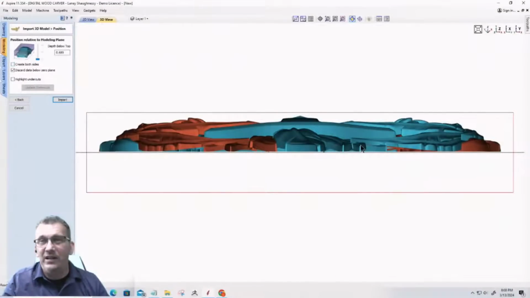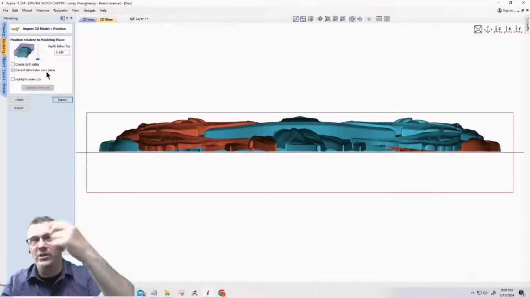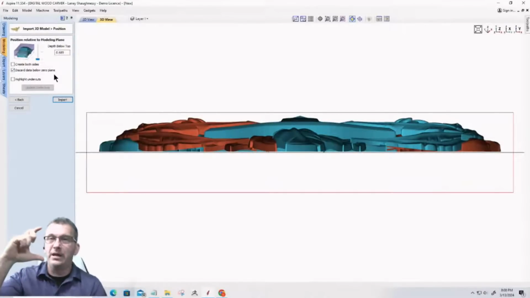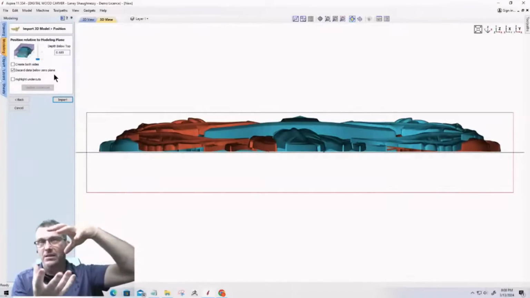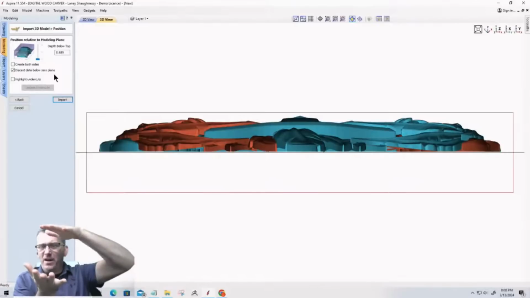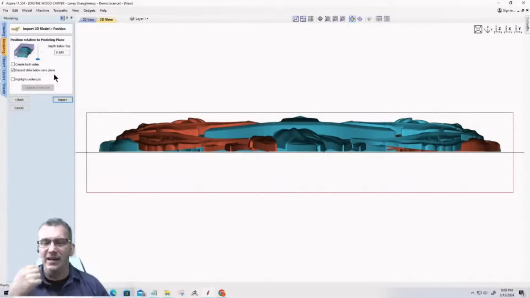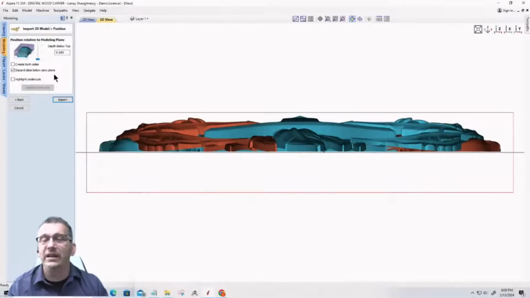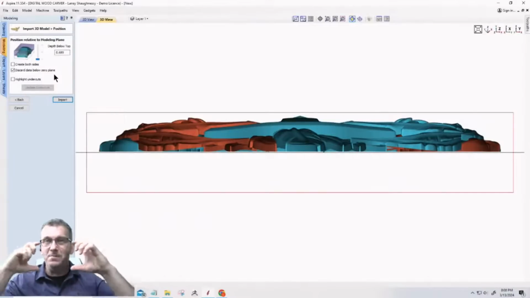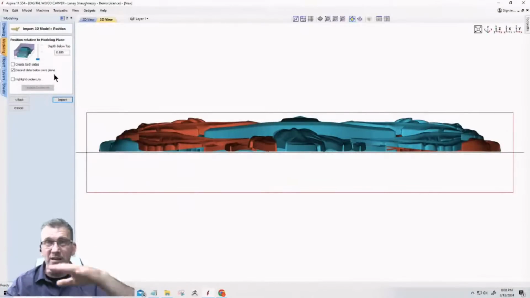Now, here's the thing about the modeling plane and doing it now versus later. Some models come in with the creators putting a lot of base meat on the back side of the model. These models come in at 3 inches thick and things like that. I know that if I have to reduce my model down, even to fit it into a 1.5 inch board or something, I'm going to sacrifice and lose detail. But if I look at my model and there's over 1 inch of base meat, the meat on the back side of it that can actually be removed from the model, and it's not going to affect the detail of the model, the shape or anything like that,